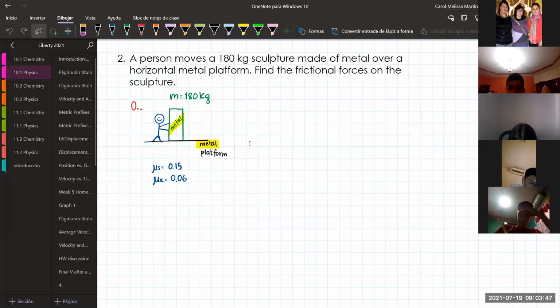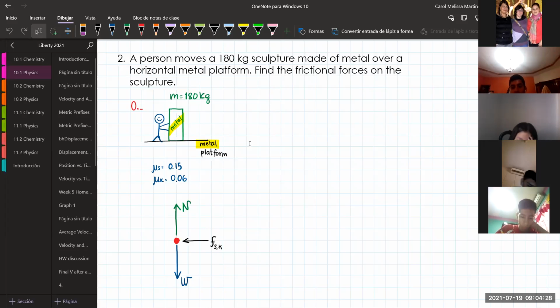Okay, because my sculpture is on a surface, a metal platform, I will have my normal force acting upwards. And since it has a mass, it will also have a weight acting downward. Because my sculpture is being moved, it's moving in a certain direction, okay? So I will also include my friction, which is going to be opposite to the object's motion,